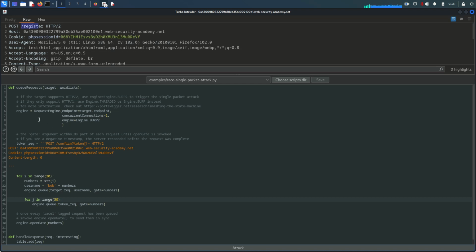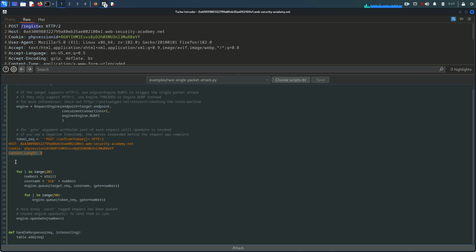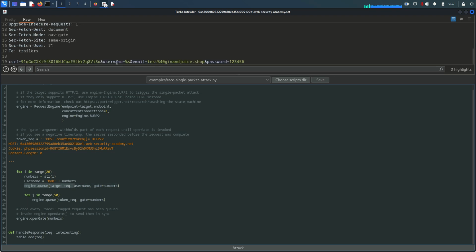Let's see. Up to here everything is okay. Here we have token request and post confirm question mark token, and there we put the null array. HTTP/2 is okay. Then we choose the hash, we have the cookie, and content length is 0, and we close it. For i in range 20, numbers string i, Bob plus numbers, and target dot request username. Let me check one thing. Username,